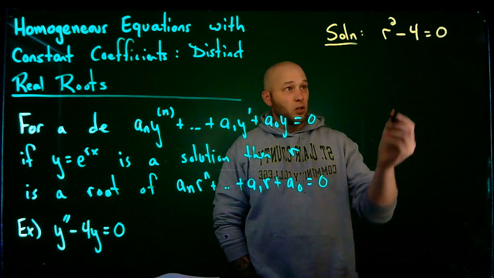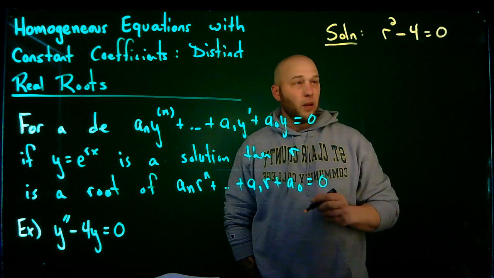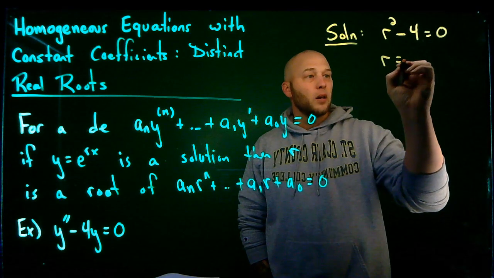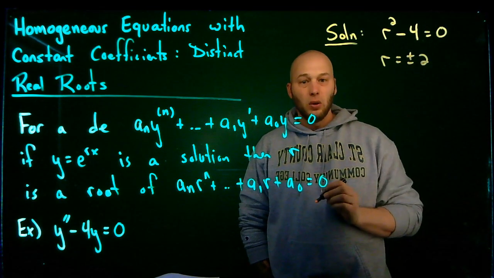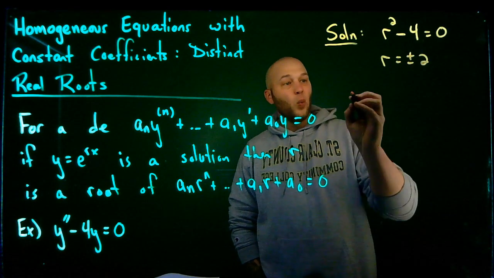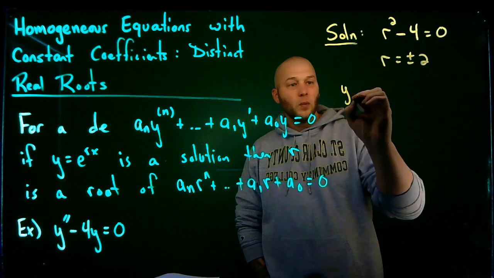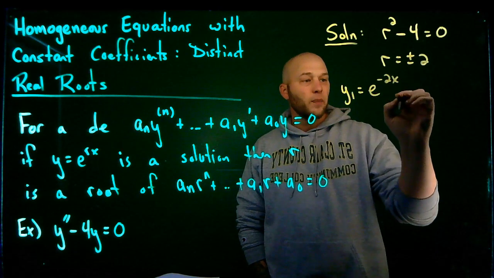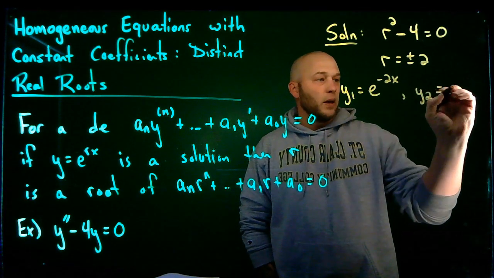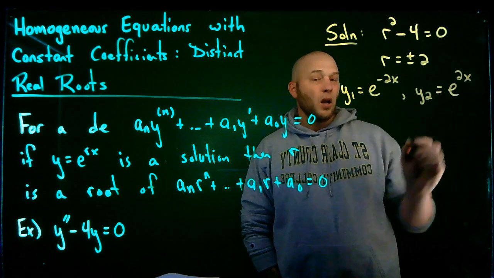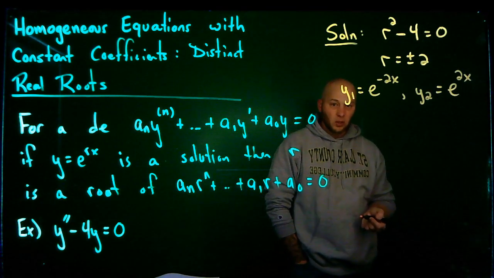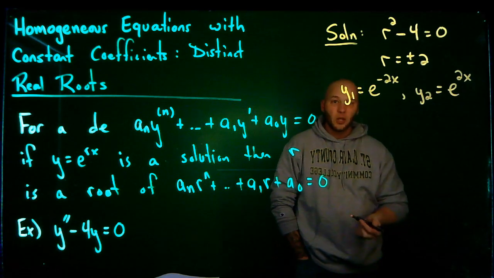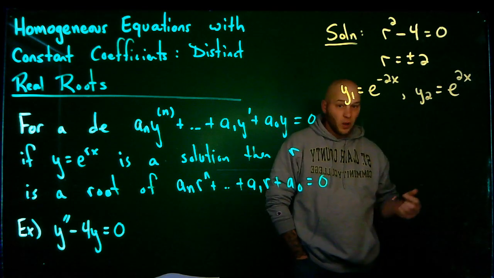And of course, we can solve this polynomial equation: add 4, take the square root. That would give me r is plus or minus 2. And therefore, we know that y1 is equal to e to the negative 2x, and y2 equals e to the 2x are both solutions to the original differential equation. And since this is a linear homogeneous equation, every linear combination of those is also a